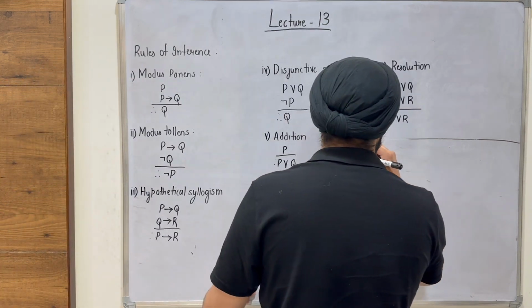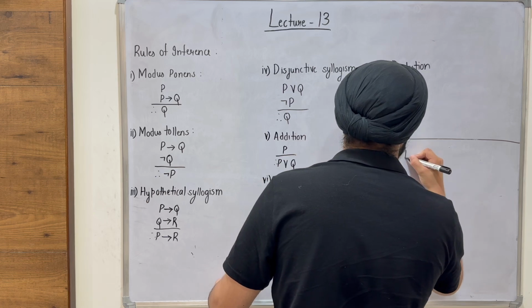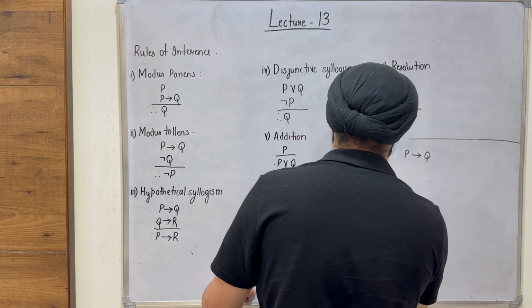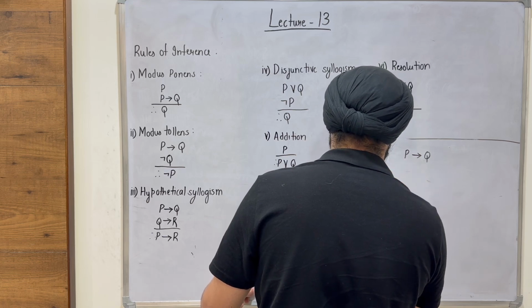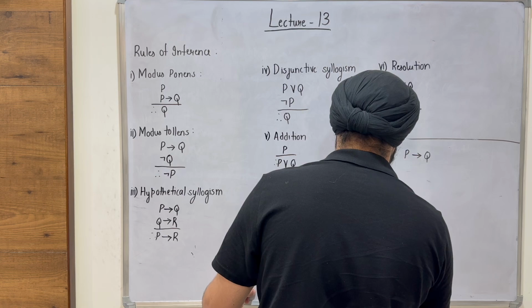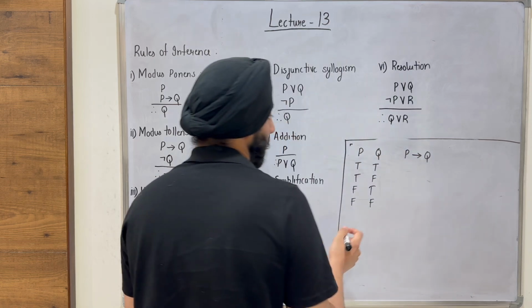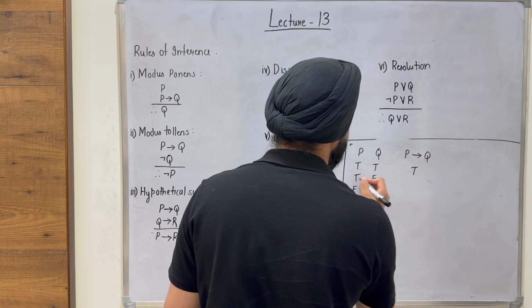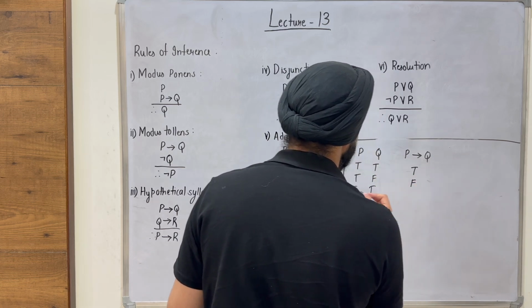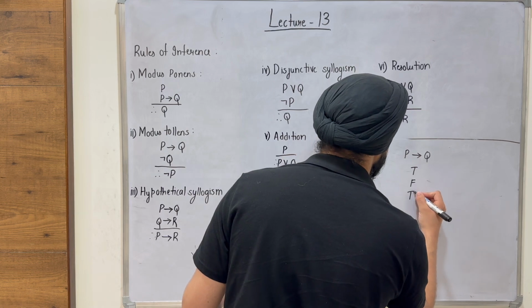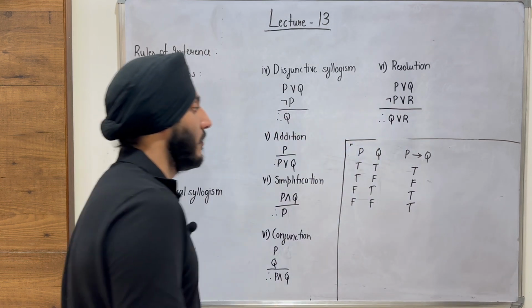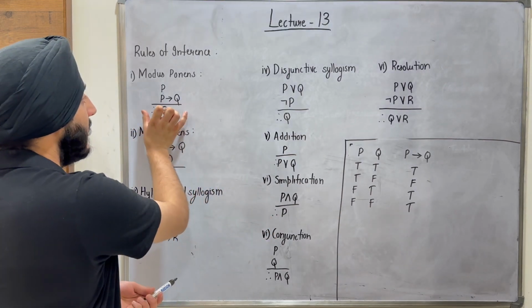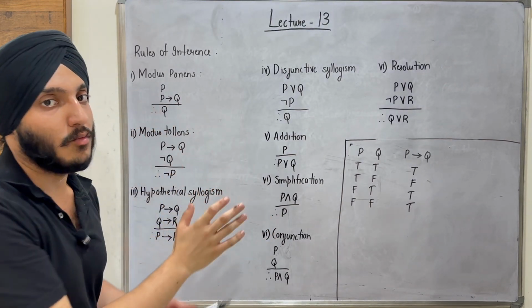Okay. Let's say I have P, Q, P then Q, right? So when both the values are true, P then Q is true. If P is true and Q is false, then this should be false. If P is false and Q is true, then this should be true, and the last case this should be true as well. Now let's try to understand using the truth tables why this law works,